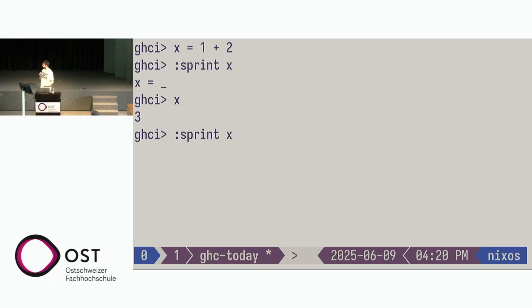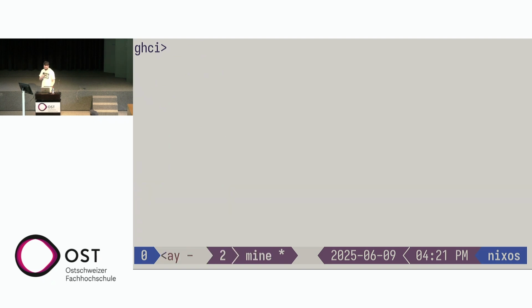So the GHC as it is today displays it still as an underscore. This is sometimes quite confusing, especially for beginners, because if we take a look into the type of x, it actually has a Num constraint on it, so internally it is represented as a function closure. So during this event, I have been working on this GHC feature,